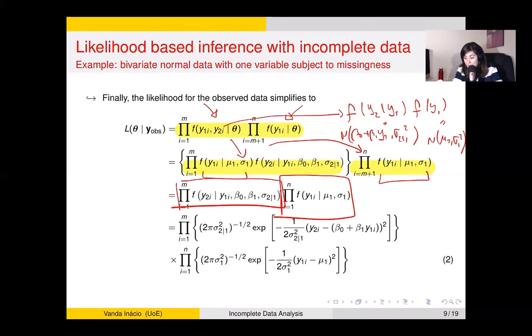And because I know from the properties of the bivariate normal distribution that this is a normal distribution with these parameters, I can just come here and replace, and come here and replace. And the good thing about the parameters being distinct is that now, if I want to maximize this likelihood, I can maximize